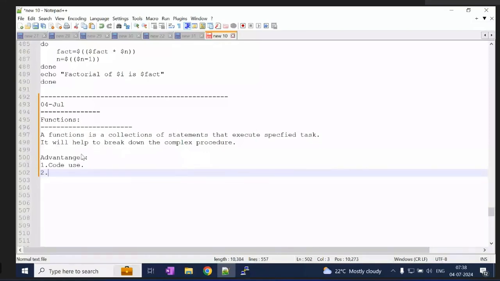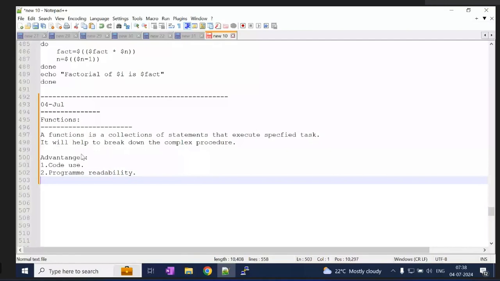And if you use functions, program readability will be good, and it is easy to maintain the program.